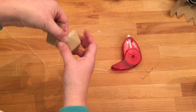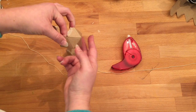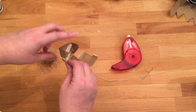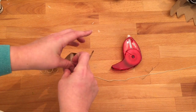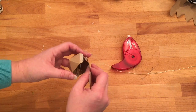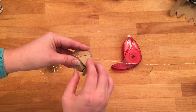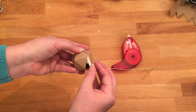Now, this is a little bit of a labor-intensive process. It's not difficult. It just takes some time because you need to press your tabs together. It's for this reason that I think that a dry adhesive is better for this particular project than a wet adhesive, simply because you would have to hold a wet adhesive so long until it sets. So a dry adhesive is better, and possibly even glue dots might work a little bit better than the